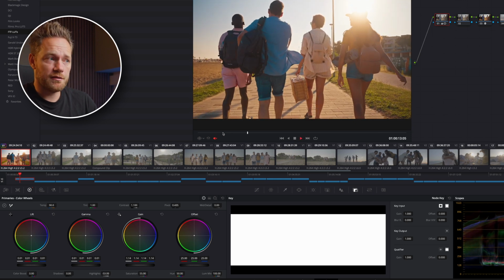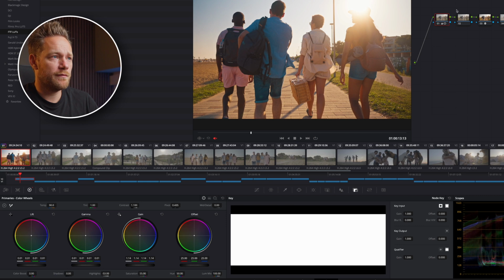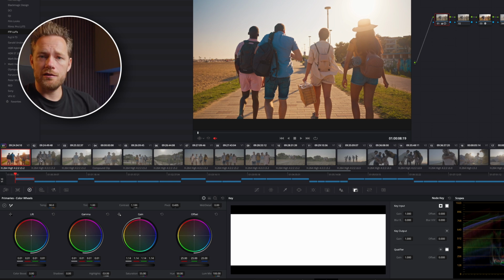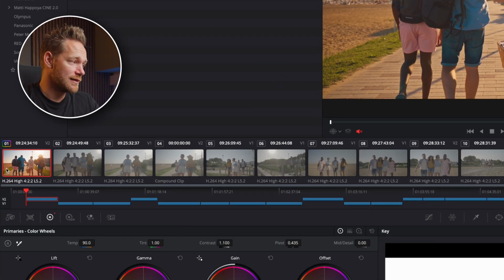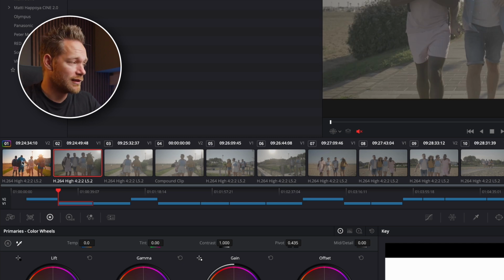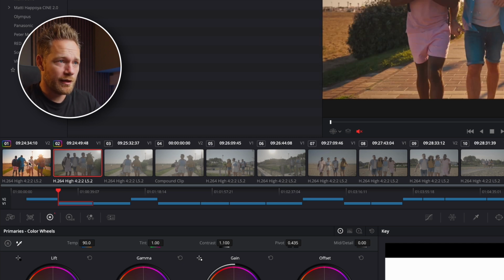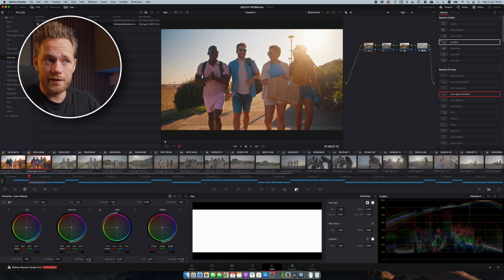Okay, now I think that's it. So if we check before and after, and let's move to the next clip. So if we want to transfer this color grade to this clip, we can just click on this one and then middle click on this one. And that's it. It will create these same nodes, and also all these settings will be like on the previous